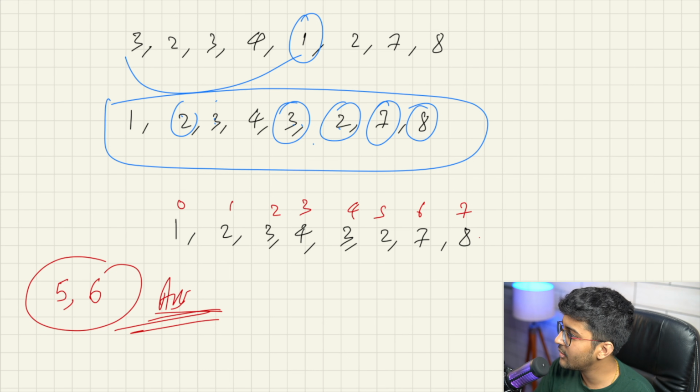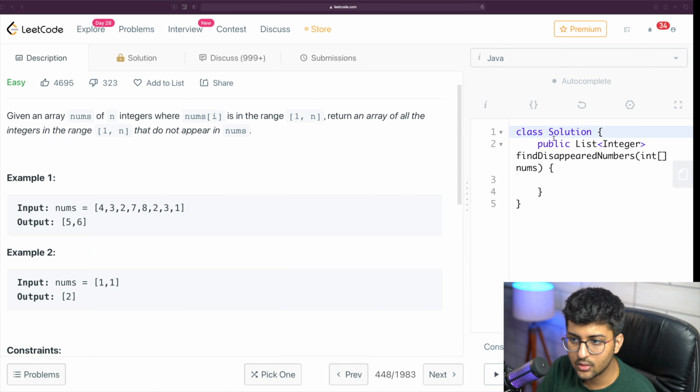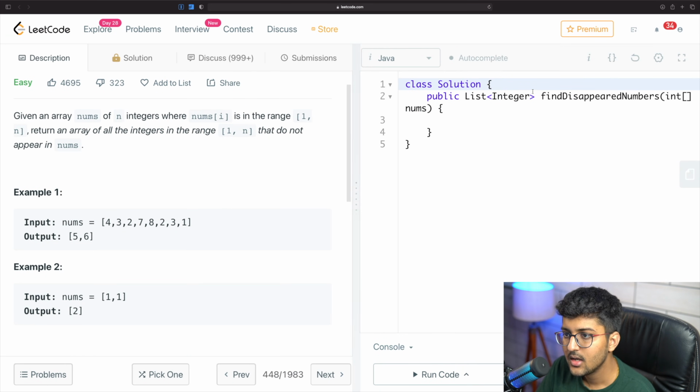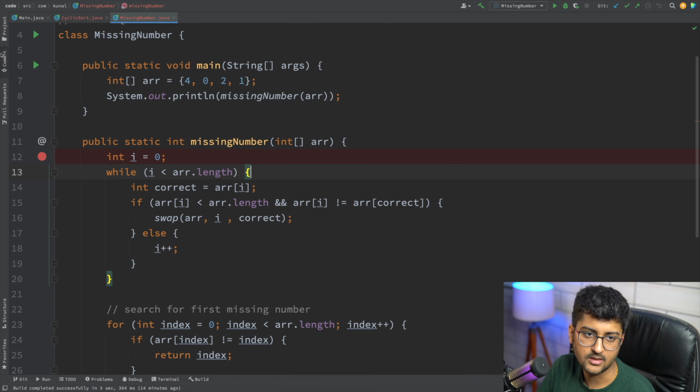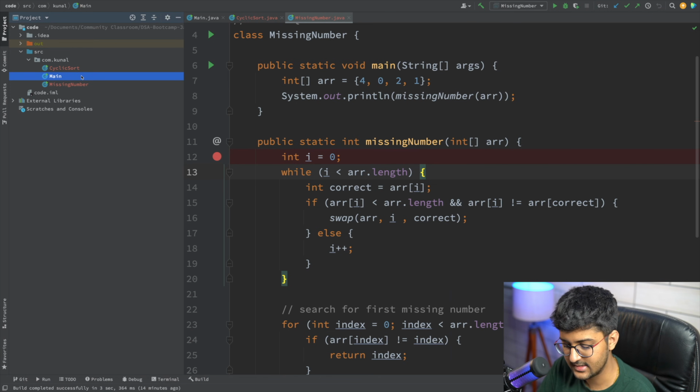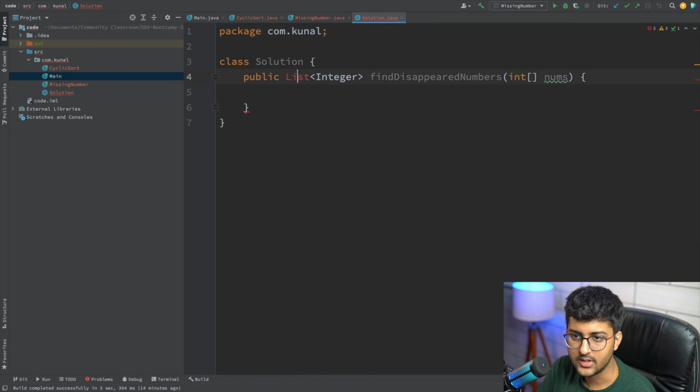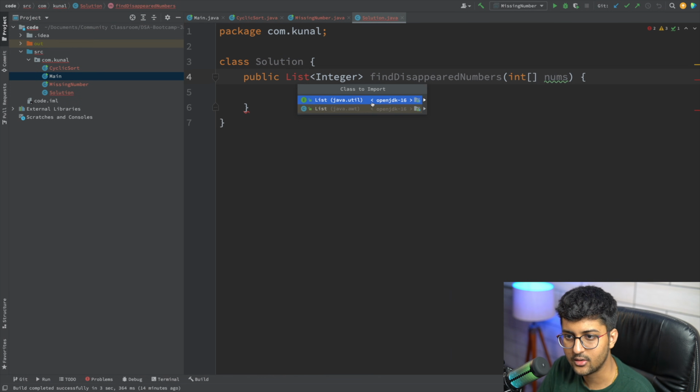All right, let's move forward and code this thing. I think you all can do this on your own. It's very copy pasting. No new code needs to be written for this. Just copy paste. That's it. Okay, so I'm just going to copy paste this thing. They are using a list. Don't worry, we can use list as well in the future. We will be covering lists and everything in detail. So for now, you can also use